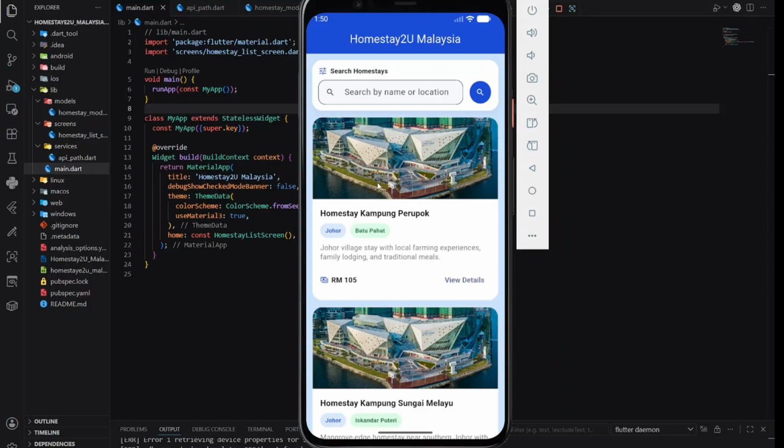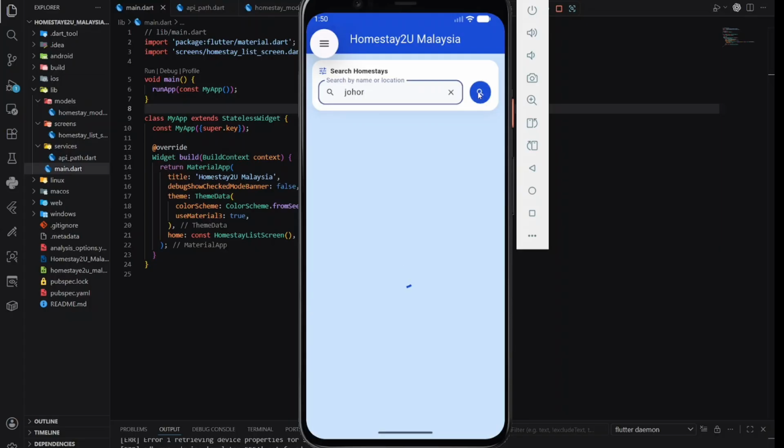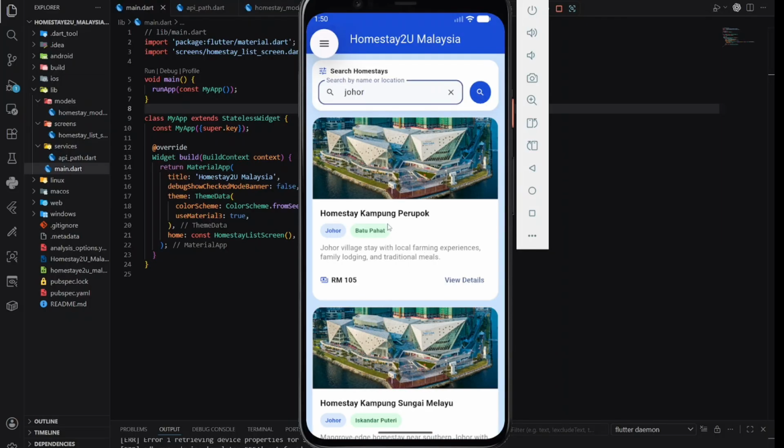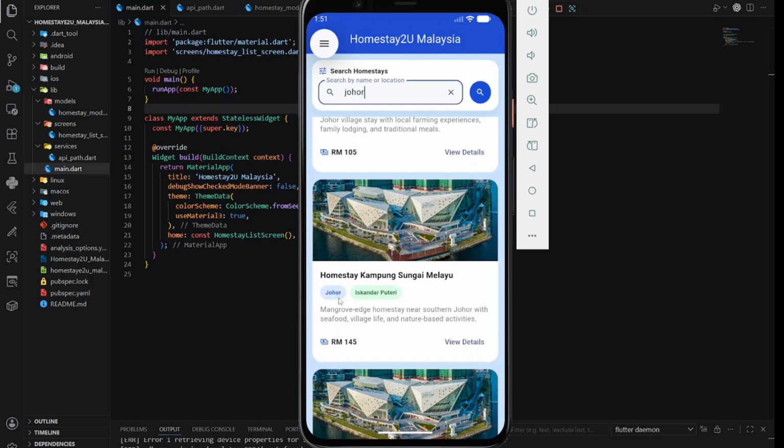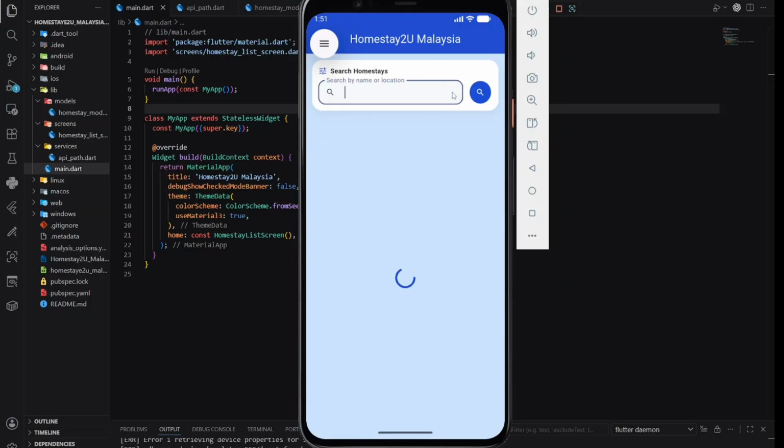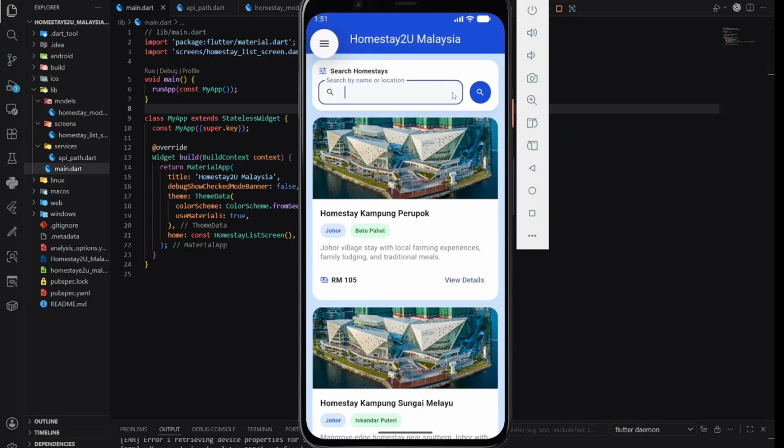Next, I will demonstrate the functions. I will enter keywords such as Johor. Then I can press the search button here. The result is Homestay Kampung Peropot located at Johor and also Homestay Kampung Melayu located at Johor. The application sends the keyword to the API using the search query parameter and reloads the list with matching results. If I press the clear icon here, the search keyword is removed and the normal homestay list is